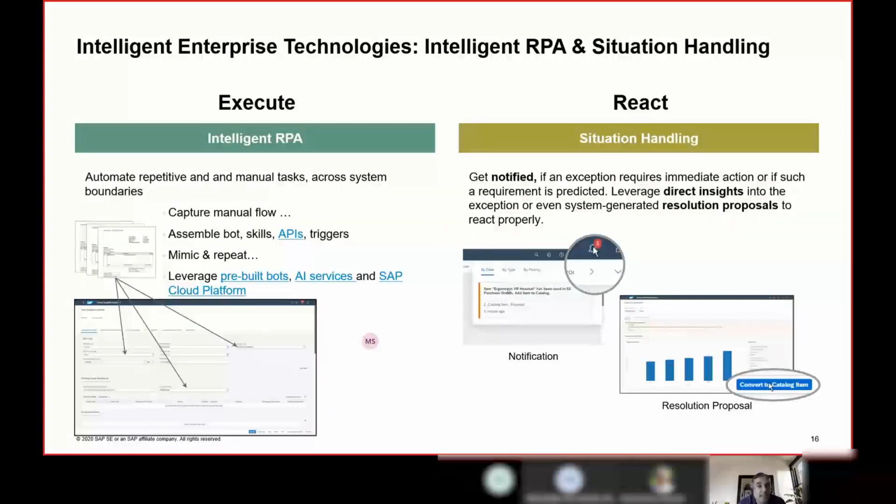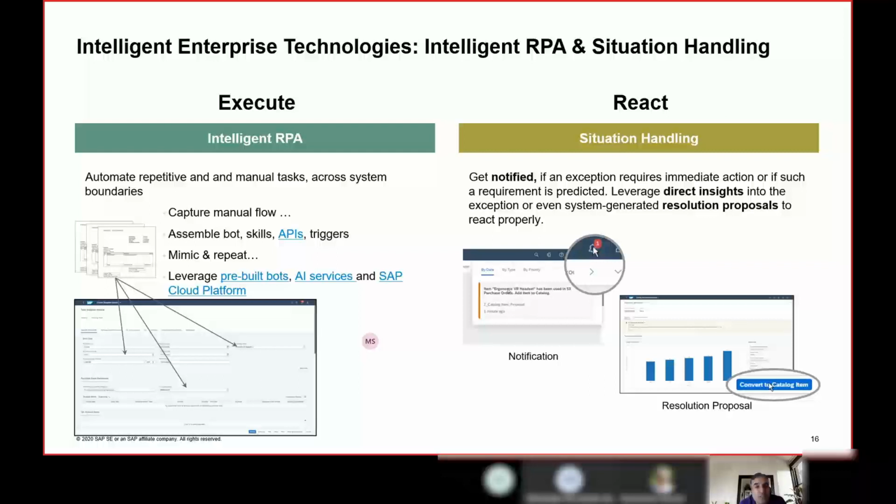Similarly, as we talk about the RPA or the situation handling, here as well we are talking about using these technologies in their end-to-end business scenarios. You can use the RPA, which is not dependent on a screen but uses API technologies, so irrespective of a change in a screen, you can still continue to use the RPA scenarios. So it is not just screen capturing, but it works internally using an API. And if there are some screen changes and you want to update this, it still helps you have more efficient RPA scenarios working for you.